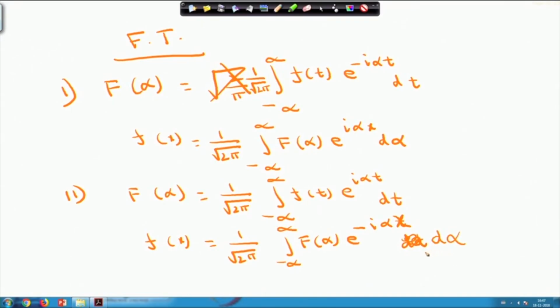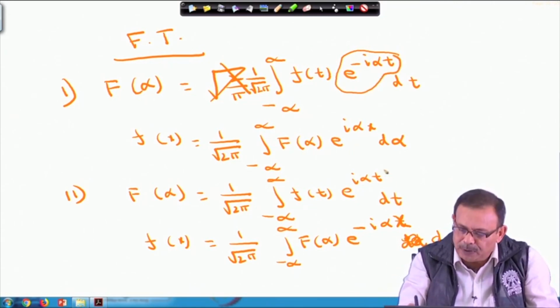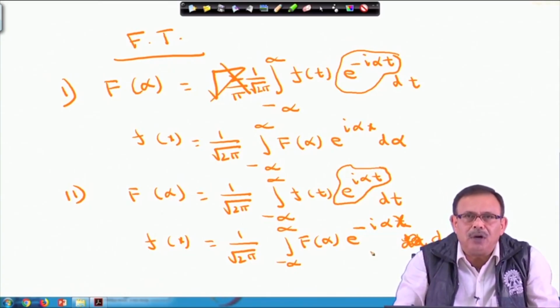So, therefore, for the first case, if you see, we have taken the kernel as e power minus i alpha t, whereas for the second case we have taken the kernel as e power i alpha t. Any one of these two forms can be used and you will get the correct result for both of these. So, please note these three forms for the Fourier transform, Fourier sine transform and Fourier cosine transform, so that if